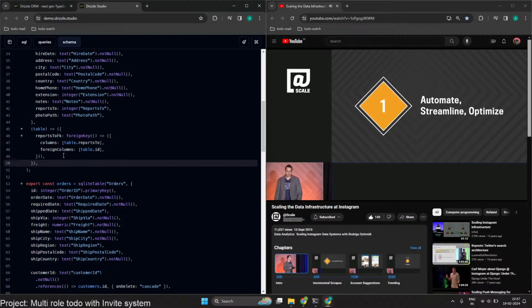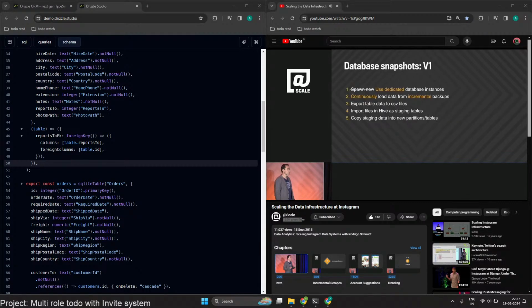So what we did is, okay, what is the problem? Well, the problem is this is too much high maintenance. It's taking too much time. It's too slow for the scale that we have. It doesn't get us the data at the time that we need. So we automated, streamlined, and optimized the process. And that was the simple solution that we came up with in the beginning.